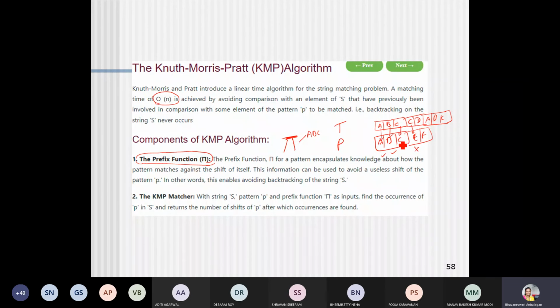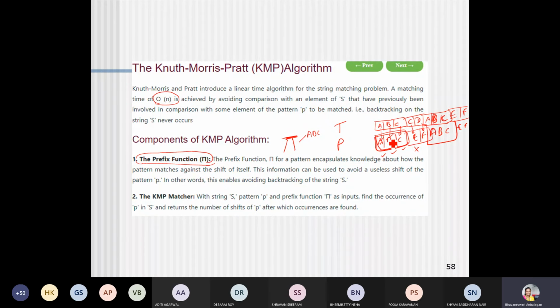Now it will not search for a match for D and F. Instead, it will shift the entire pattern to the place where the same pattern is available in the text, where A, B, C is. It shifts to this particular place, A, B, C, to find the pattern it is looking for, EF, which for example is available over here.